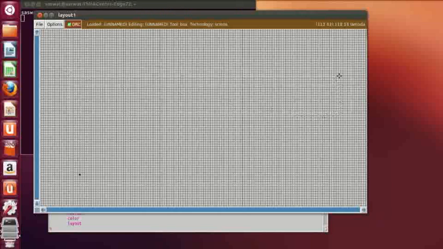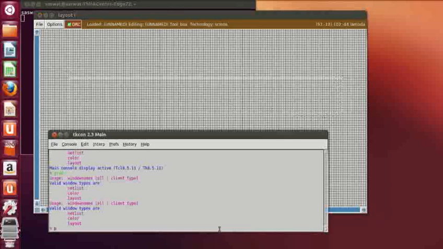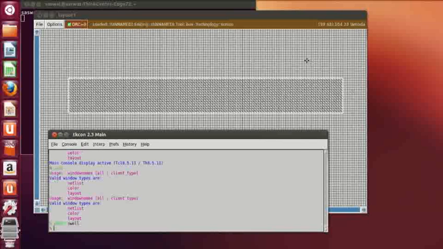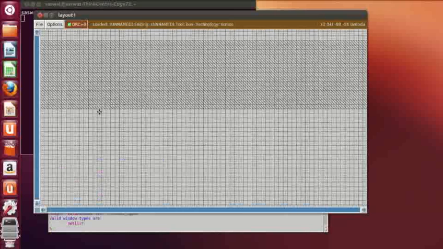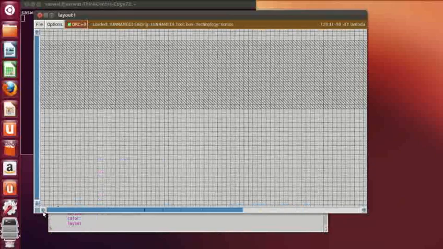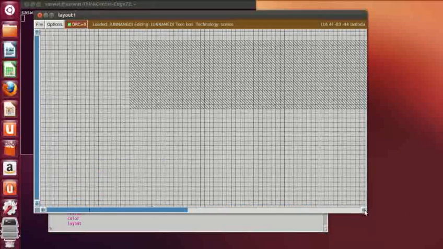So this is the N-well region. Then type paint N-well. Okay. Now after painting this N-well,